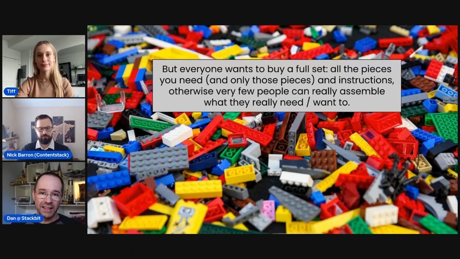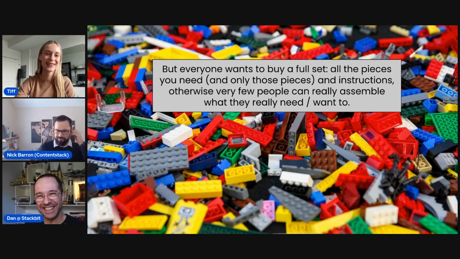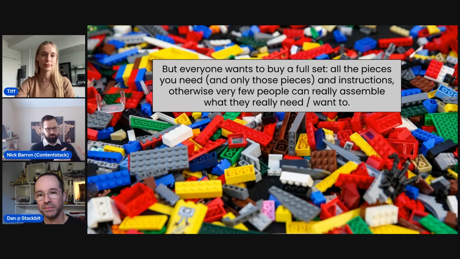Essentially, clearly having things composable is great, and I think some of the aversion people might have to starting from scratch is, how do I know what to get, right? And I think companies like Contentstack and Stackbit help guide and provide these best practices to move forward with. Yeah, I mean, just to pile on, pun intended. I think this is where a lot of businesses start, or at least historically have started, by saying we're going to grab this and this and this and this, and then you end up with a pile of technologies, and that's the fear, right? That I'm going to have this thing now as an IT director or a head of marketing.